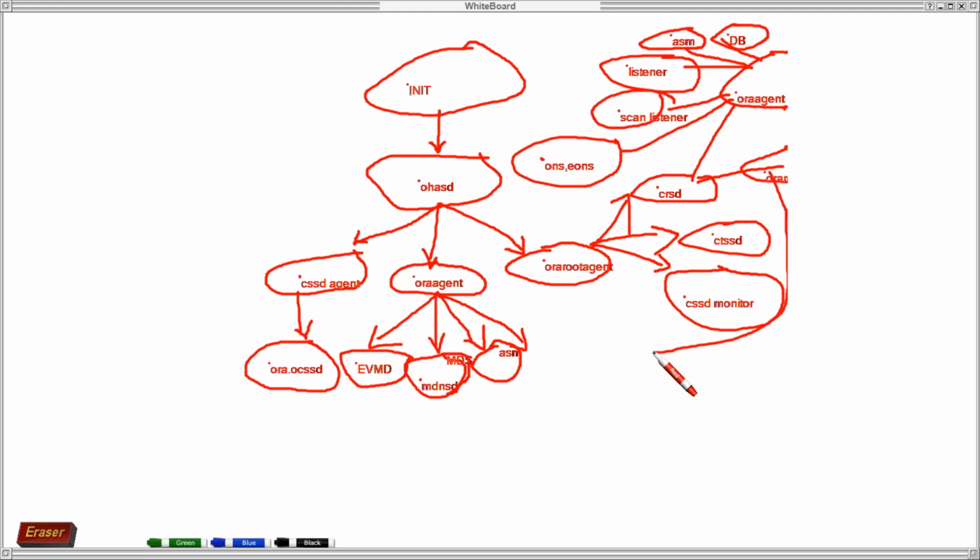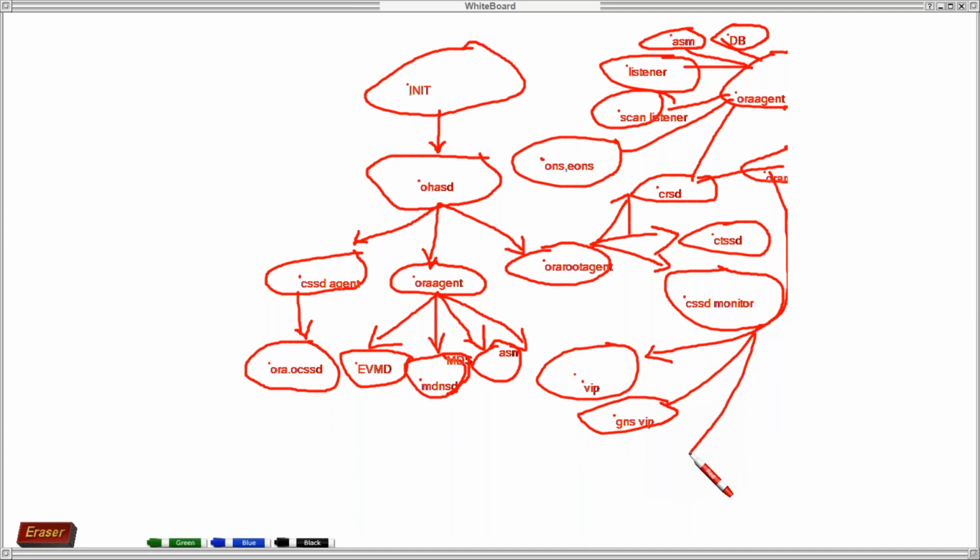Then how about this Oracle root agent? What all it spawns means, it spawns VIP. Okay, another one GNS VIP. So GNS means Grid Naming Service.